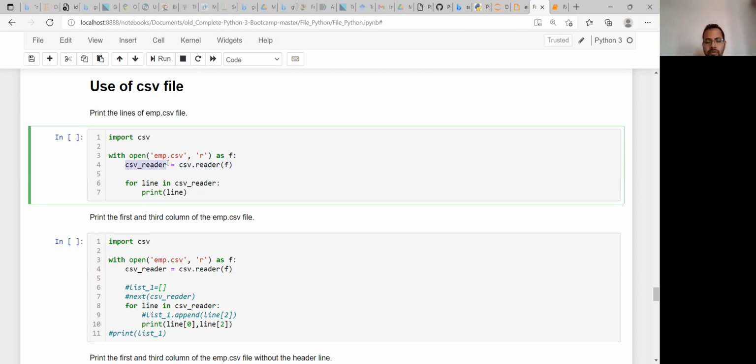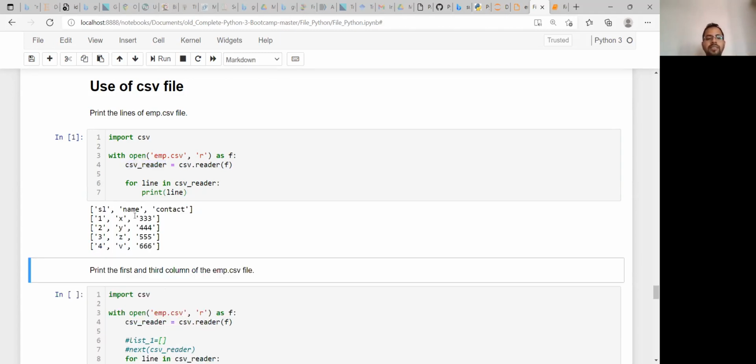If you can do this much, the next is easy. You just use a for loop over the csv_reader variable, and each time the loop goes on, one line is printed. If I run this, you can see all these lines have been printed.